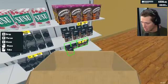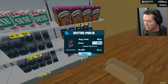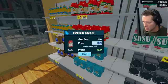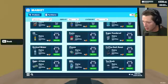Dude, $9.49 for a coffee. Are we sure that's the right price for that too? Market price is $7.98. That's why all of our prices are messed up. The pasta went down to... Oh, we need to be managing these prices live. What else went down? We need to be paying attention to that. That's the unit price, not...